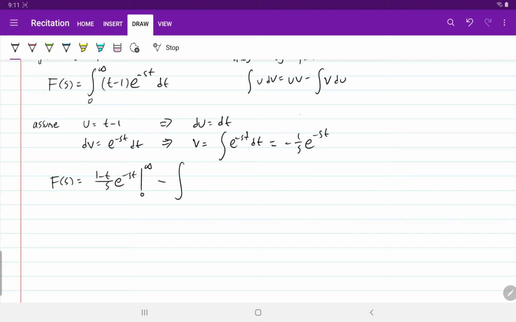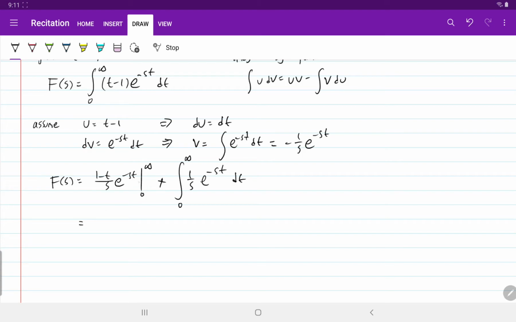We have a minus sign there. So, okay, we have a plus sign, e to the power minus st over s, and then du is dt. Don't forget the integral sign,